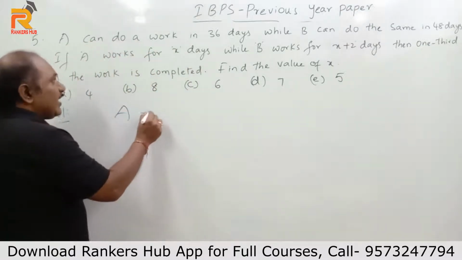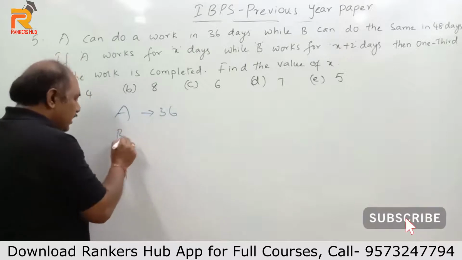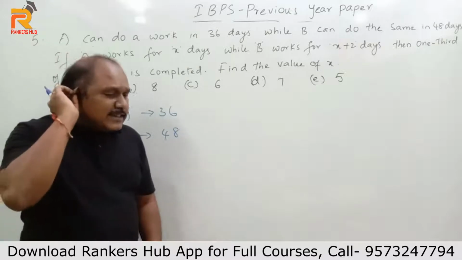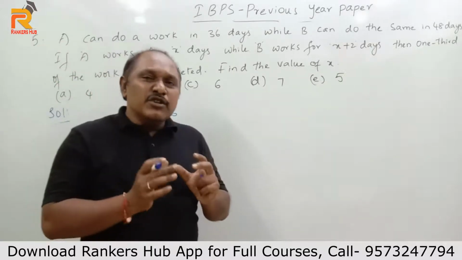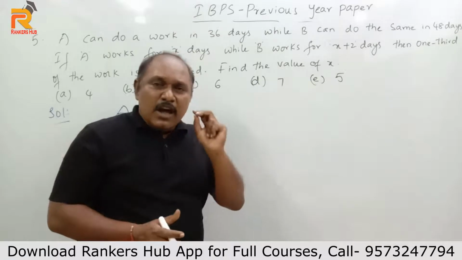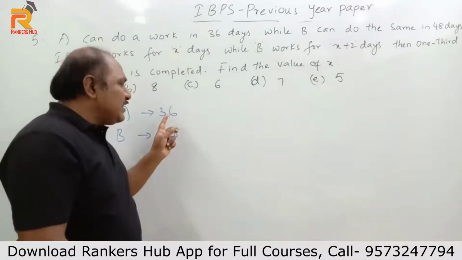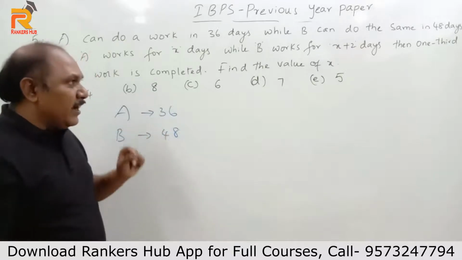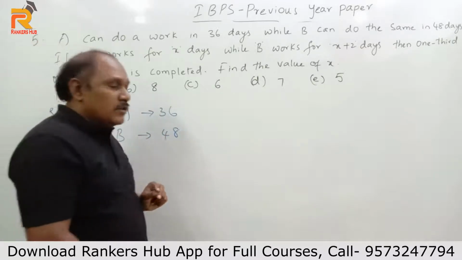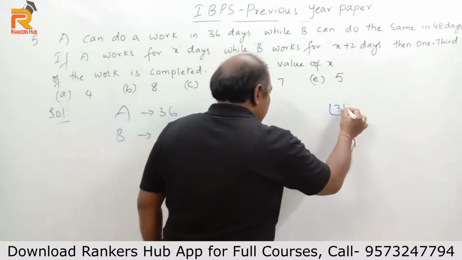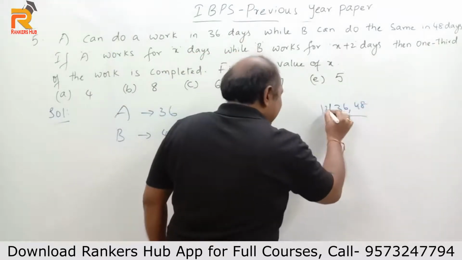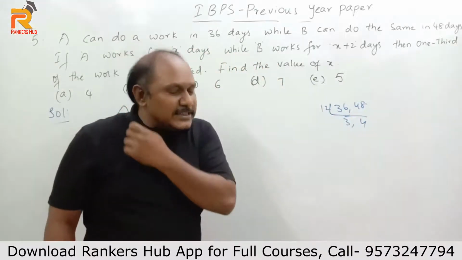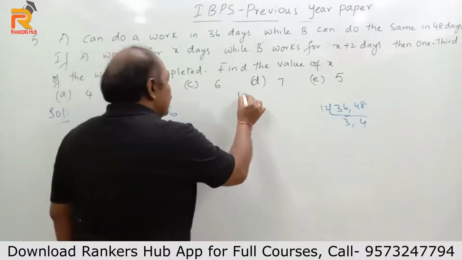Now A can complete a work in 36 days, B can complete the same work in 48 days. Now here, let us assume some work for them. Let us assume their work is to eat chocolates. Now how can we take that value? What is the LCM of 36 and 48? That is what we have to decide. Sorry, the LCM of 36 and 48 is not 72. I am sorry. 36 and 48: 12 threes, 12 fours. So 12 threes are 36, 36 fours is 144. So assume the total work is to eat